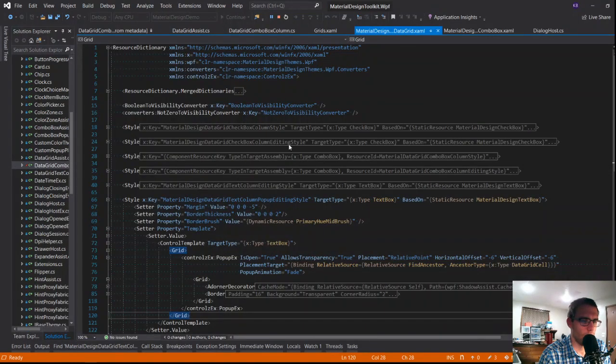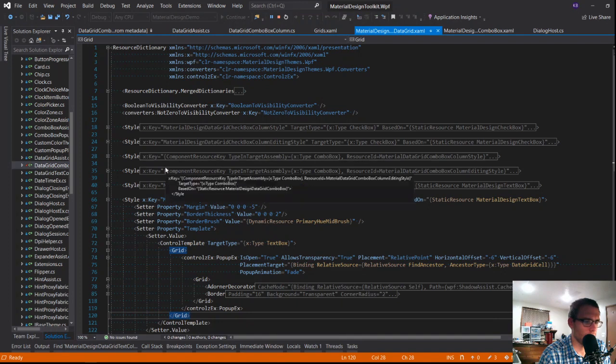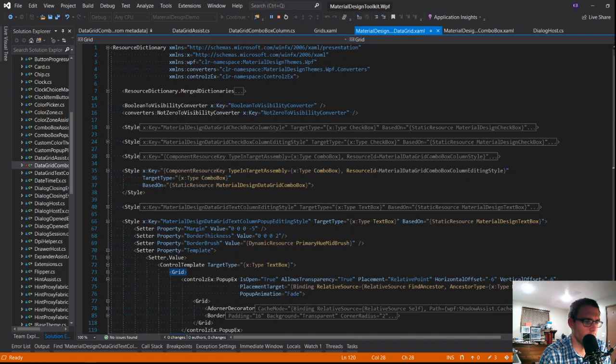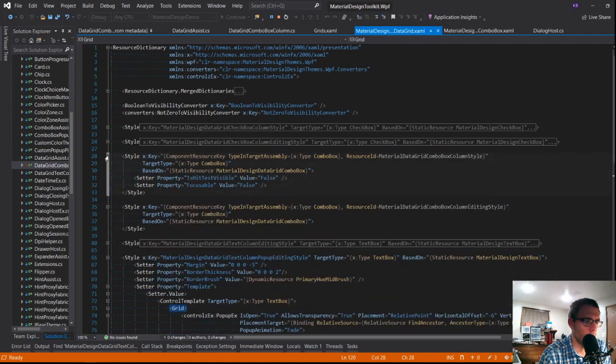Let's move you to the side. Checkbox, checkbox, combo box. There's that. Focusable is false.